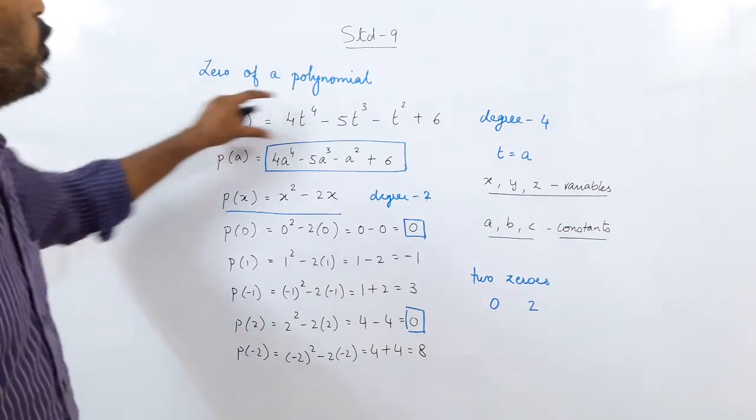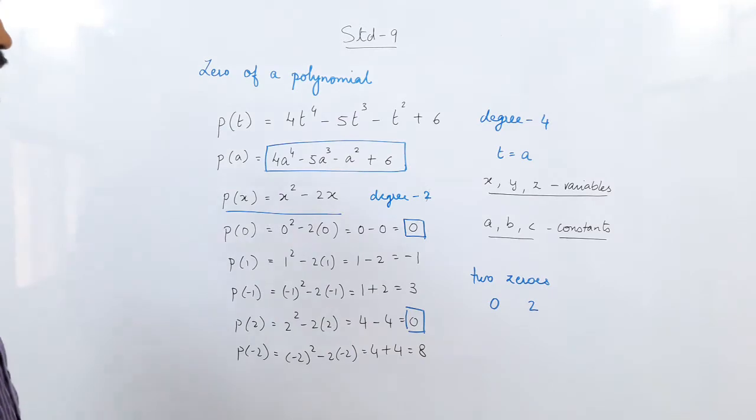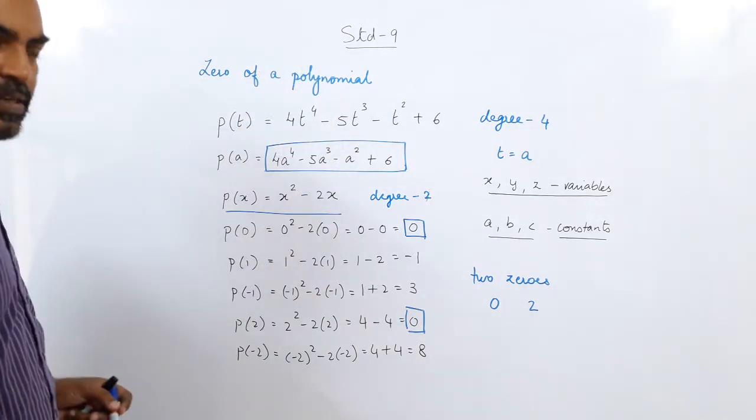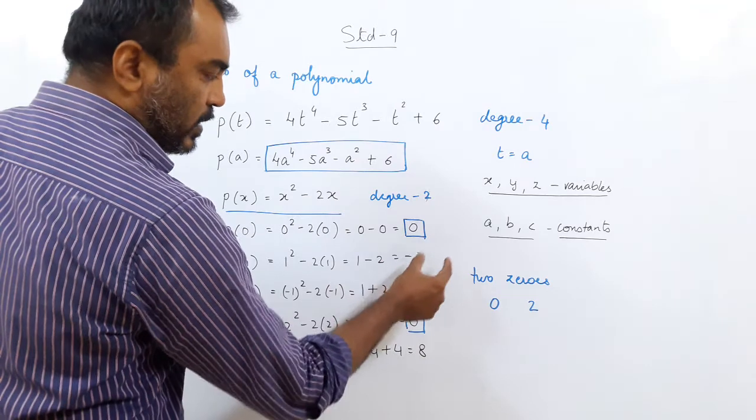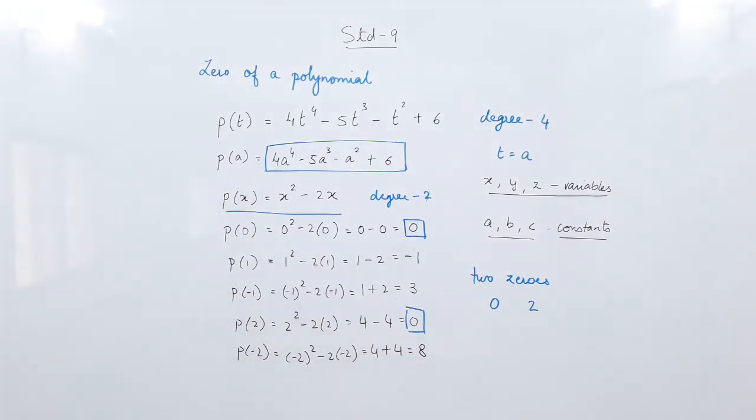Now in the book you are given polynomials, and you are given which values you are supposed to put and find the value of the polynomial. You will find in some cases the value of the polynomial is 0 and in some cases the value may not be 0. So that is the first part of the second exercise also, which you are going to do. What are you supposed to do? You are supposed to take the polynomial, write down the value and find out whether, after putting the value, the polynomial becomes 0 or not.